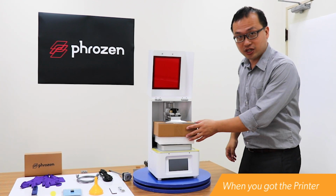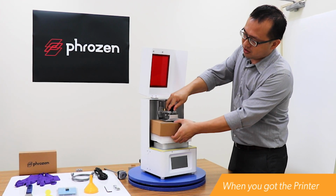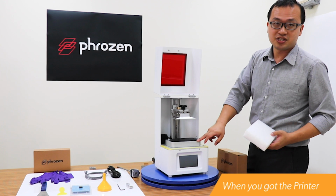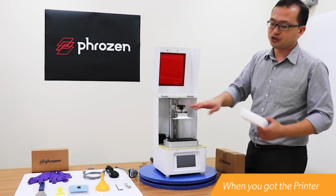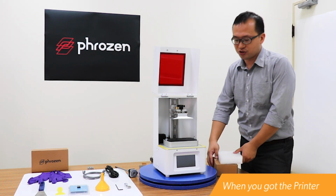You will have the toolbox, Phrozen toolbox, and also you will have the bed, resin bed, with the Phrozen airtight lid. And also you will have the building platform, which is a complete set for you. And also you will see the